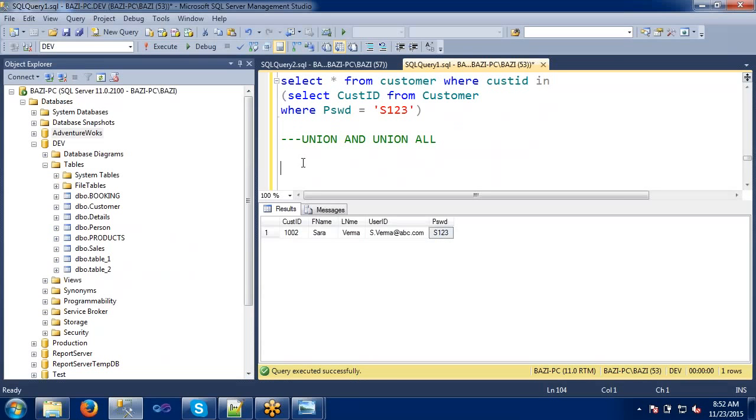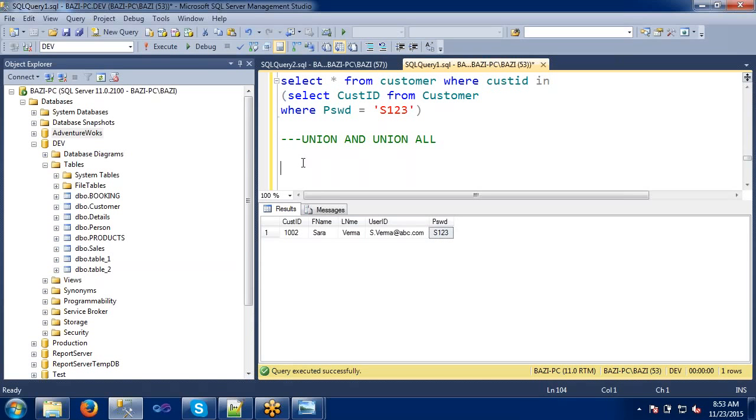Union. The name itself is saying that we are uniting, meaning we are adding or combining something. Then what is union all? Union all means without looking at anything we are just unioning, meaning we are joining. The concept will be similar here, but we will find the differences between union and union all. Let's take one example, then you can easily understand.